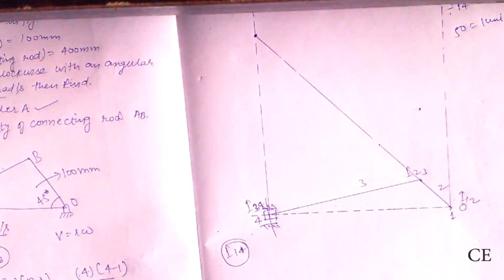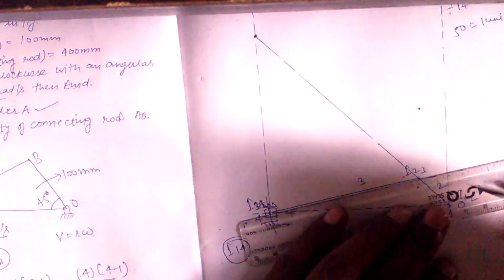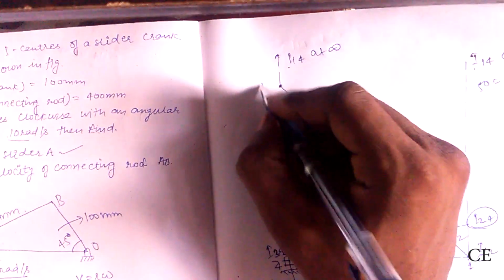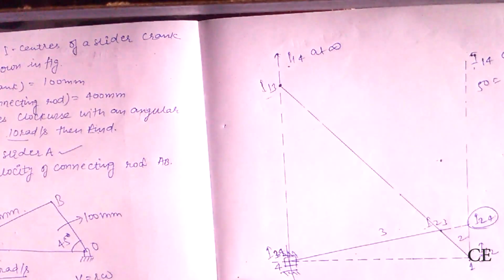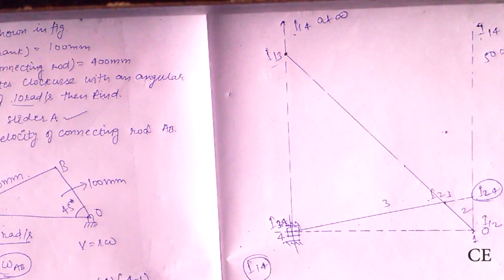Now I23 and I34. Extending this line, we obtain the I center, and that would be I24. Now we have found all six I centers: I13, I24, I12, I23, I34, I14. Everything we have got. Now we have to solve the question for finding the velocity. Up to this point we have solved this question about 70%, and the remaining is just finding the velocity